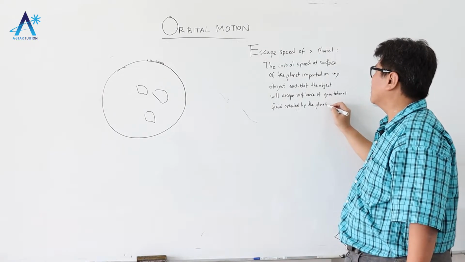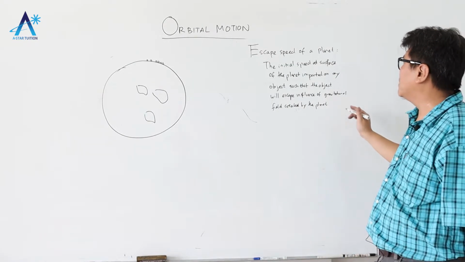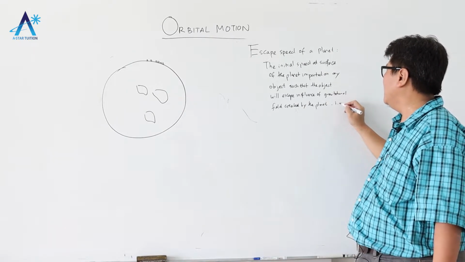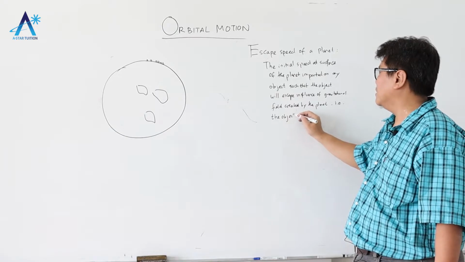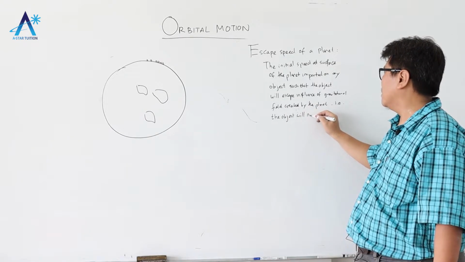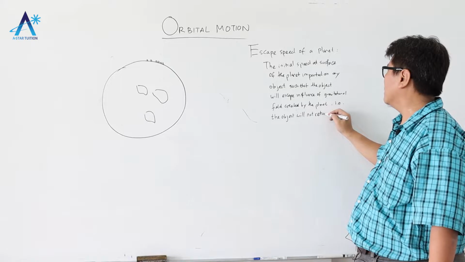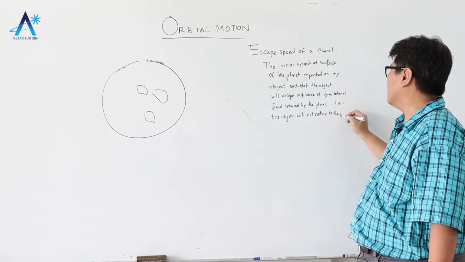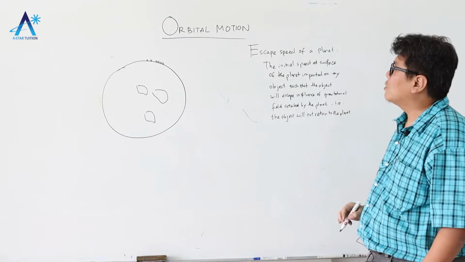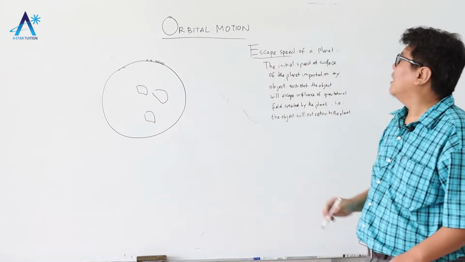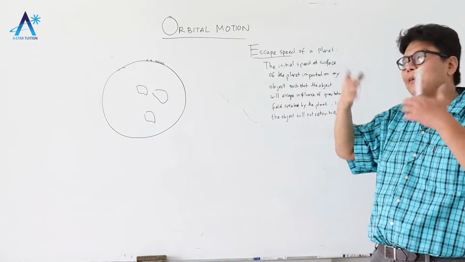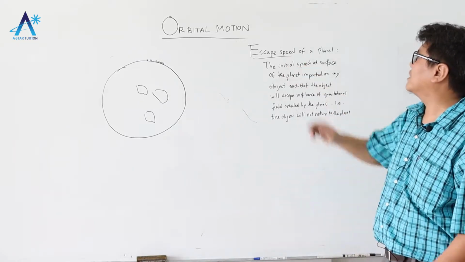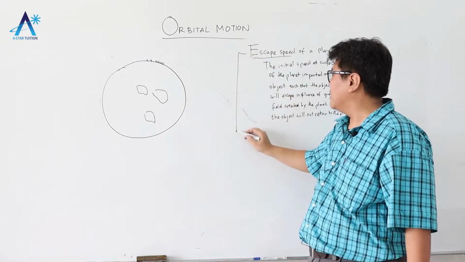Okay, so escape the influence means the object will not return to the planet. That's why the word escape speed is actually fitting in this case, escaping. Now, in order to find escape speed, you only need to remember